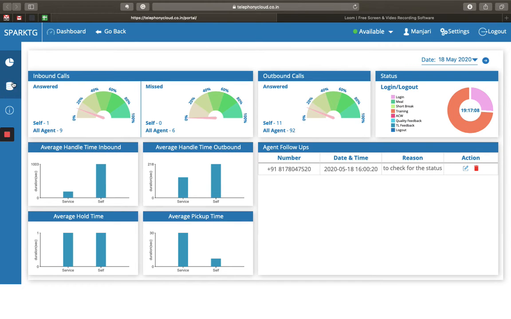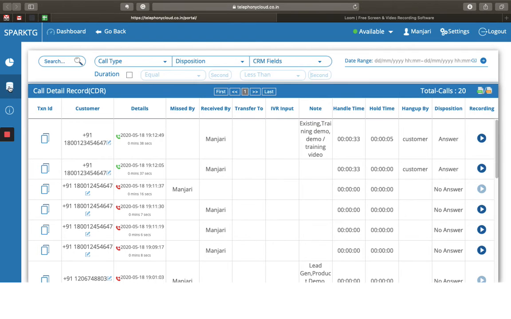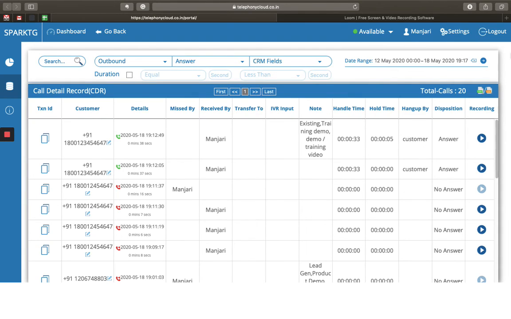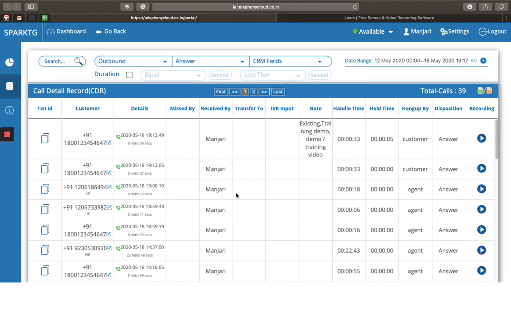Now going to the CDR report, I click on this. So this is the CDR report, which is actually the call detail report for the agent, and the filter here is only for me. I can see my inbound, outbound transfer whisper calls. I can see the dispositions, answer, no answer. So if I want to see how many outbound calls did I make which were answered in last 7 days, I can just put that filter and I can see that count here and the details of the number here with the recording and with every detail.